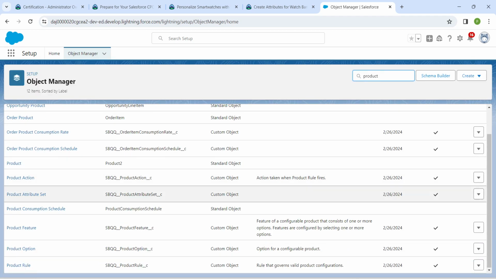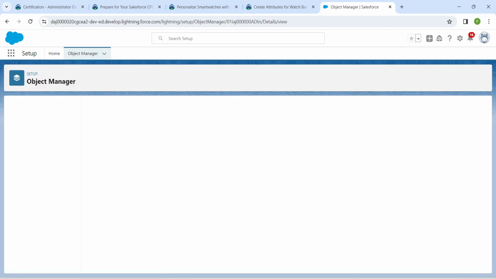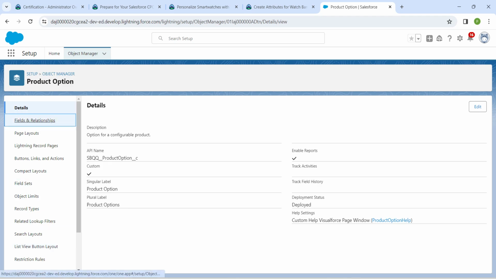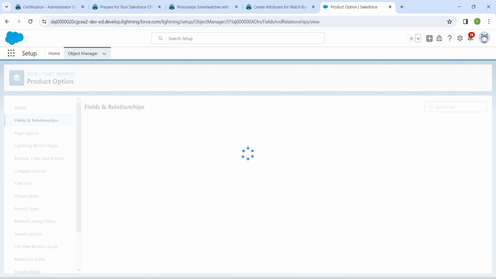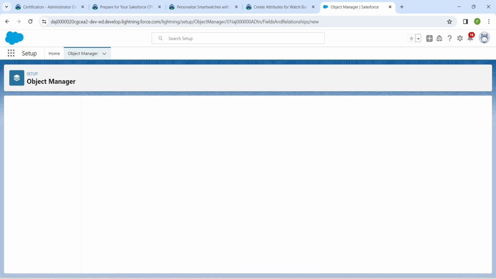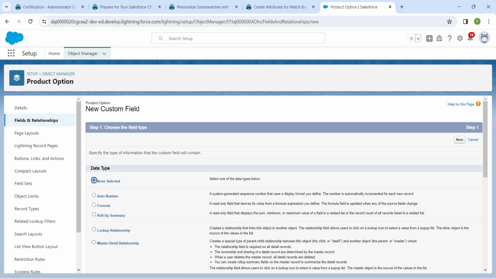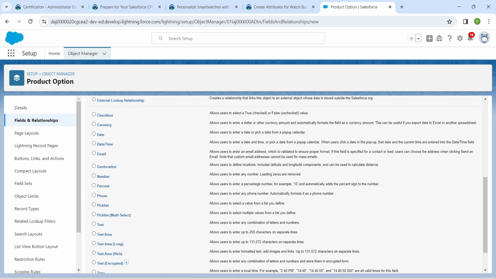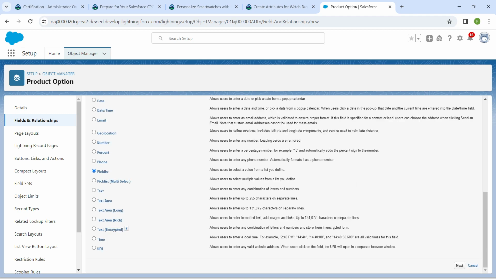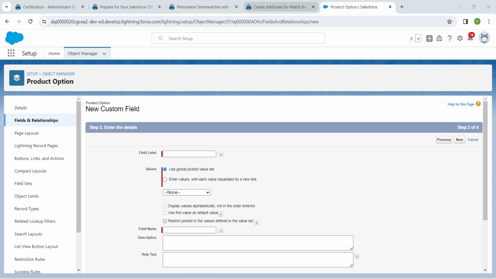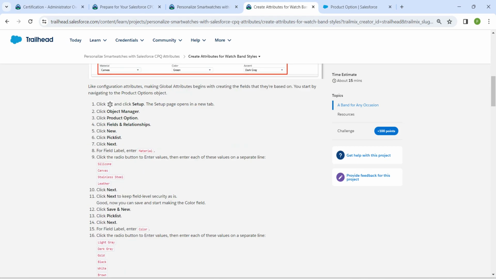Here you will find product option, just click on it, and now click on fields and relationship, followed by new, and select pick list right over here. Now scroll down and click on next, and now let's go back to our challenge and copy this field label